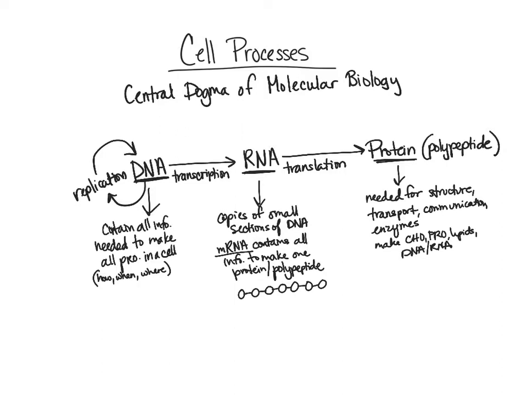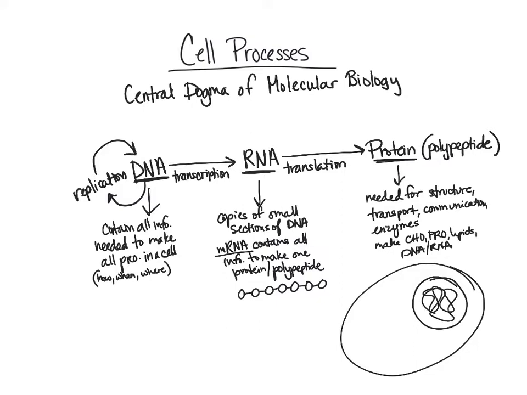And so this is the process that we have. Remember, in our cell, we have the outer membrane there, and then we have our nucleus. And remember, the DNA is housed inside of the nucleus. So it's sequestered and protected within the nucleus. And then we go through the steps of making RNA inside of the nucleus here. Then RNA, once it's made, is going to leave the nucleus and move into the cytoplasm. We talked about how it moves into the cytoplasm because then it's going to meet up with a ribosome, and then it's going to make this polypeptide. And then it can fold up and twist and make various bonds to end up being a completed protein.